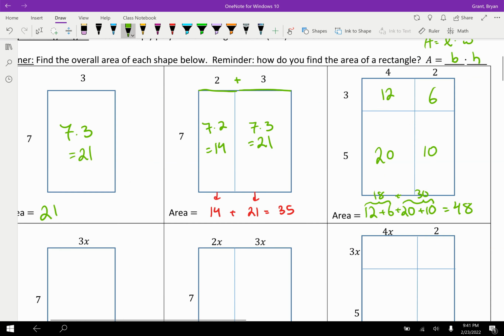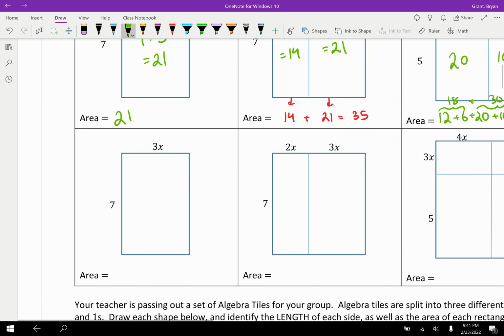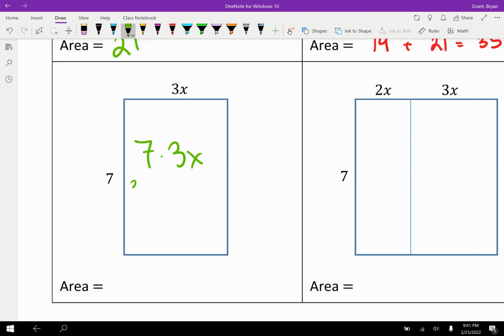However, we can't always do that way, because once we get to these guys down here, you'll see that they don't always combine together. So let's try 7 times 3x's. This means you have 7 of those 3x's. So you could say 3x plus 3x plus 3x. There's 3, here's 4, 5, 6,